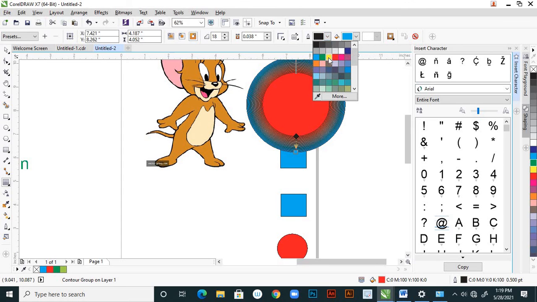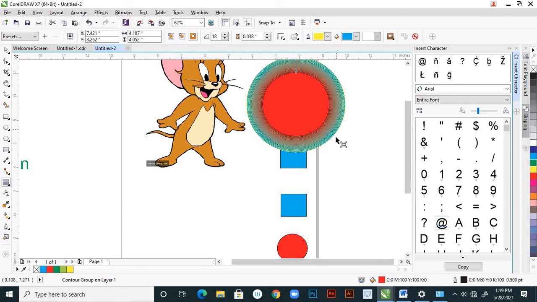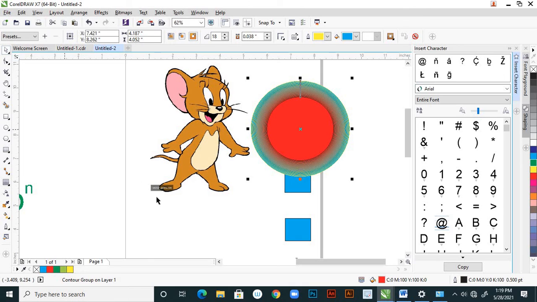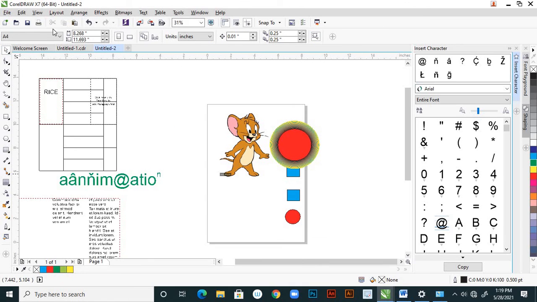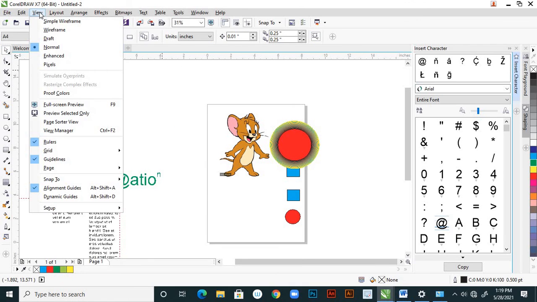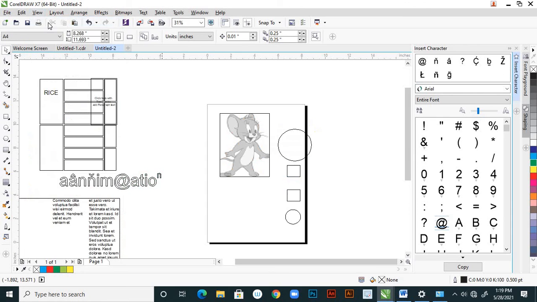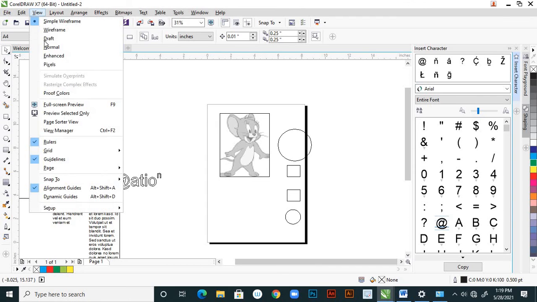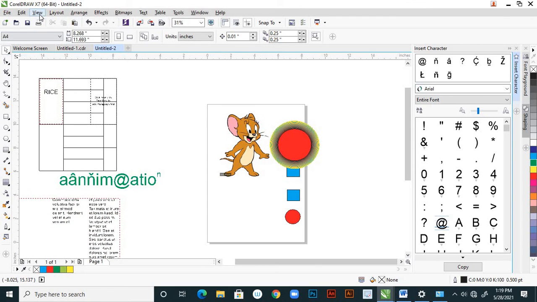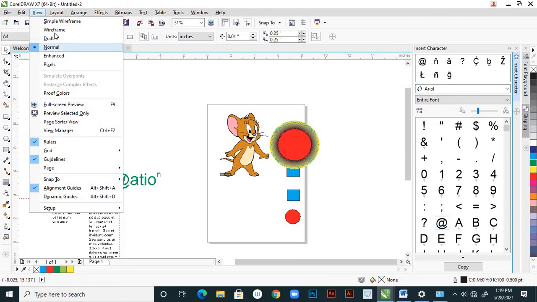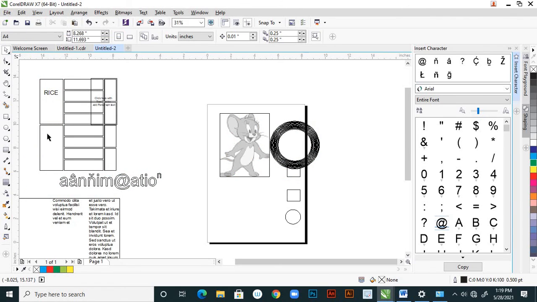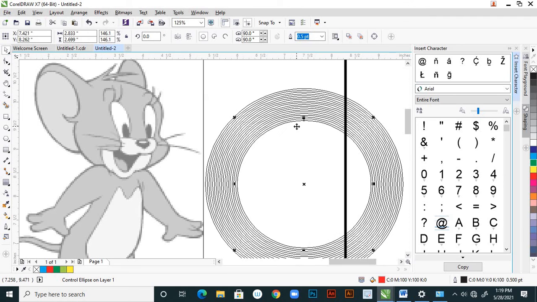Instead of this, you can use this yellow. Right. Now if you see this, see simple wireframe first. See, simple wireframe it is showing, and come to normal, and again a wireframe. See, it is showing all wireframes.